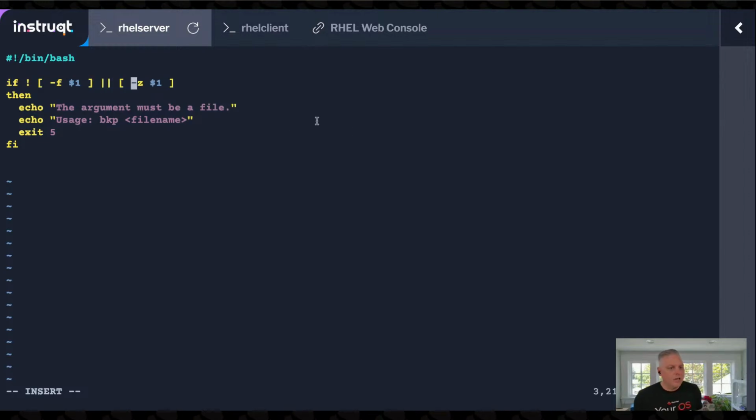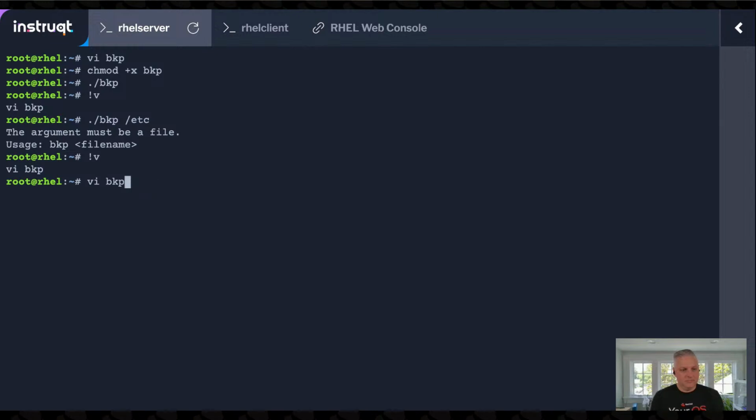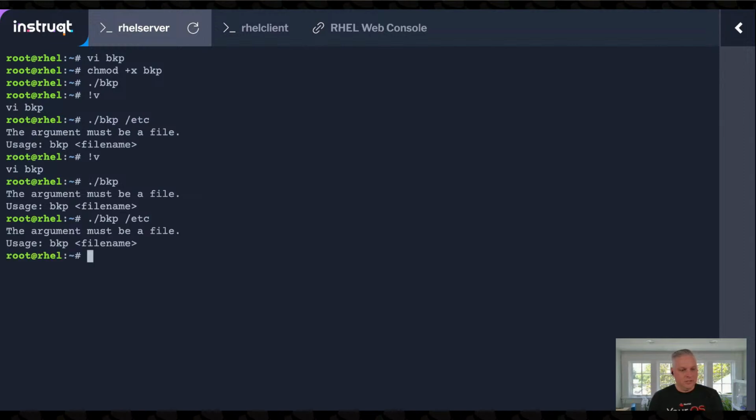That, I think, if it's not a file or is zero length, then we should give the error. Let's see if that works. All right, so that works. If we don't pass anything... let me pass a directory. Cool. And if I just pass it an actual file,